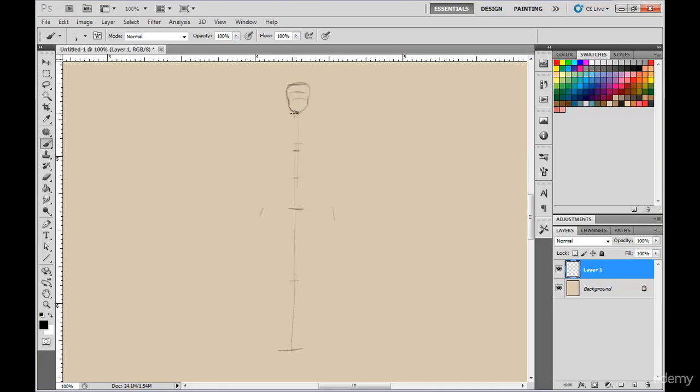Now what's important here is that you have a pretty long neck, and we're not going to really get into the details of the spine because it's not important for figure drawing. That is each individual little vertebrae and stuff like that. But what is important is this particular spot right here. This is the part we're going to focus on with some details. So you have this kind of, actually I'm not going to do it like that. I'm going to shape it like this. So you have this kind of shape